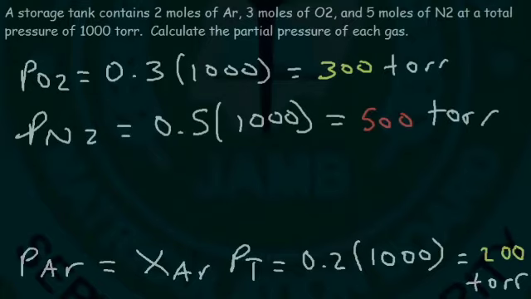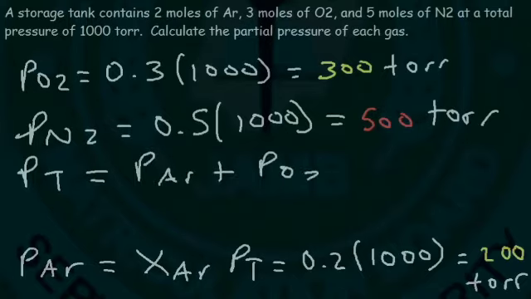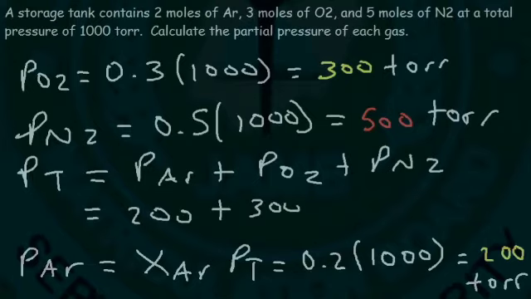According to Dalton's law of partial pressure, the total pressure is the sum of the individual partial pressures. So if we add 200 plus 300 plus 500, this will give us a total pressure of 1,000. Let's try this problem. So we have the mass of N2 and O2, and they're mixed in this 2-liter container